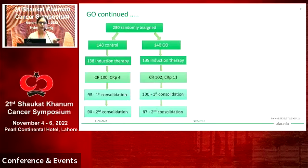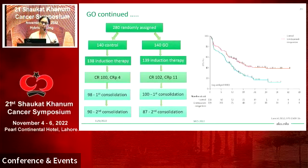This is a trial where 280 randomly assigned patients were taken. This was done across 26 centers, and they were equally distributed in the control group and the ones that received gemtuzumab. They underwent induction chemotherapy, achieved remission, and then went on to receive at least 2 cycles of consolidation with gemtuzumab. The graphs separate clearly, and there was very good survival benefit in adding GO to the